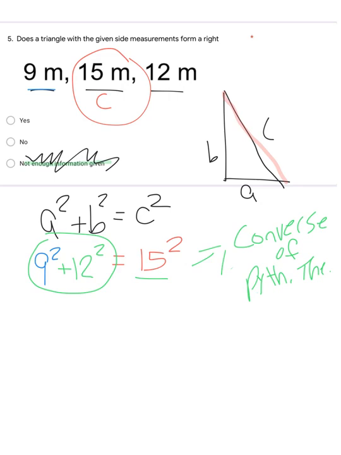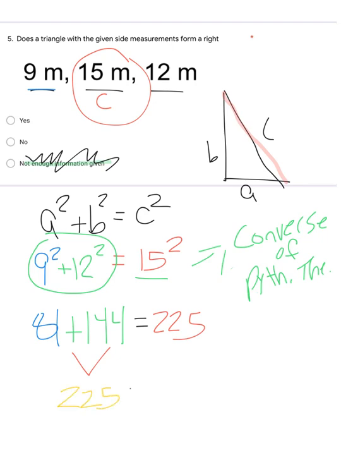9 squared is 81. 12 squared would be 144. And then last but not least, we're going to square 15, and we get 225. So first we're squaring. Next, we're going to combine. We're going to add together 81 and 144. And 81 plus 144 would give us